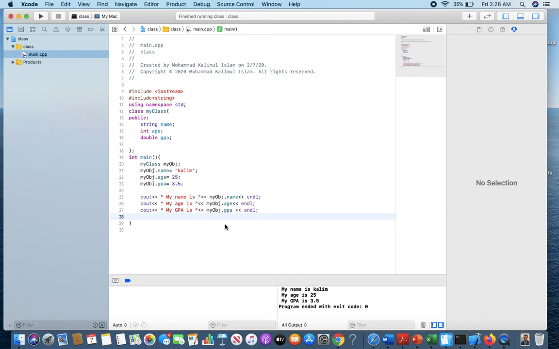I think that's it. I think that was helpful for you to understand how the classes and objects work in C++. I hope you did enjoy the tutorial,